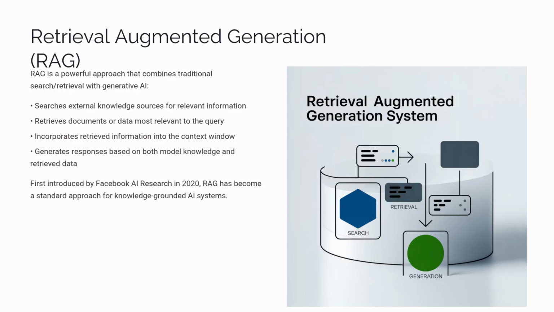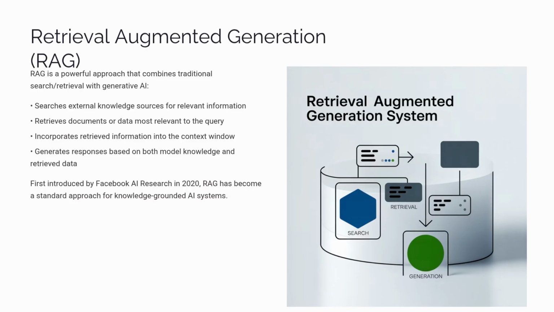Retrieval-augmented generation, or RAG, merges traditional search with generative AI. It searches external sources, retrieves relevant documents, and integrates this data into the context window. This approach, introduced by Facebook AI Research in 2020, enables AI systems to generate responses using both model knowledge and